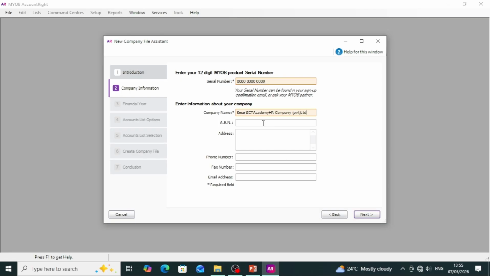We have to use an address. For address, then phone number. The first number also the same, I can choose as